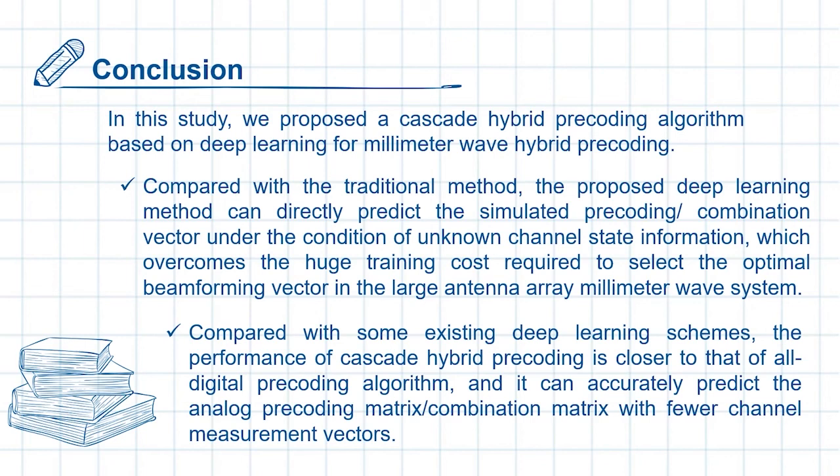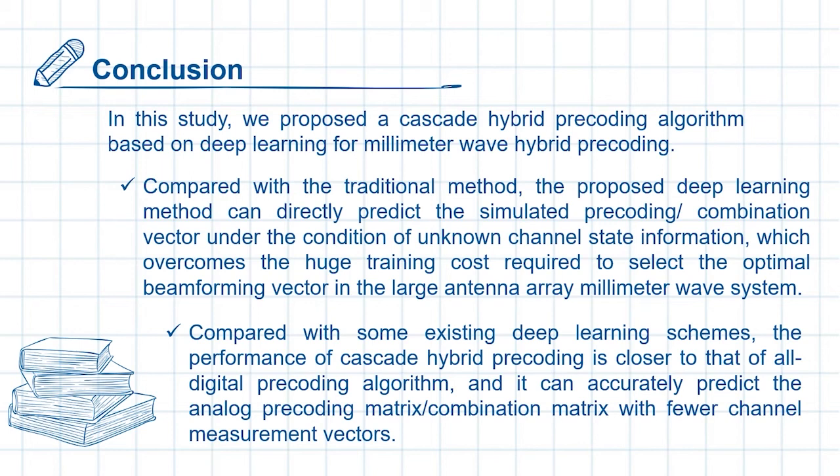Combined with the traditional method, the proposed deep learning method can directly predict the analog precoding or combining vector under the condition of unknown channel state information,